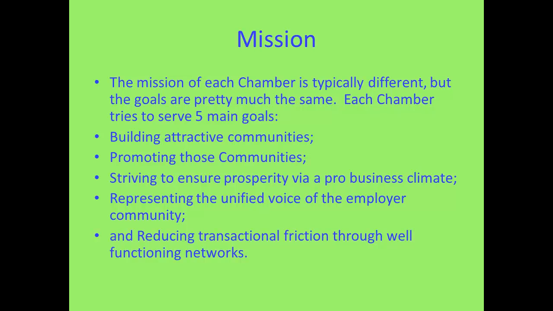For visitation, obviously, a lot of visitors bureaus cover that, but we partner with them and we make sure that there are things to do in our town. There are reasons for people to come. There are places to go once they're here. There are places to stay. So that's another huge thing that we do that brings money into our town.